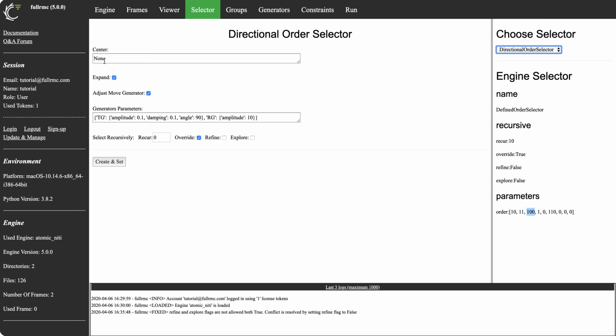And the way this is done, you set a center and you activate or deactivate the expand flag. So if you activate it, then the system will expand. If you deactivate it, the system will retract. And you can let fullrmc assign automatically for you the move generators for the groups. If you do so, the move generators will be a collection